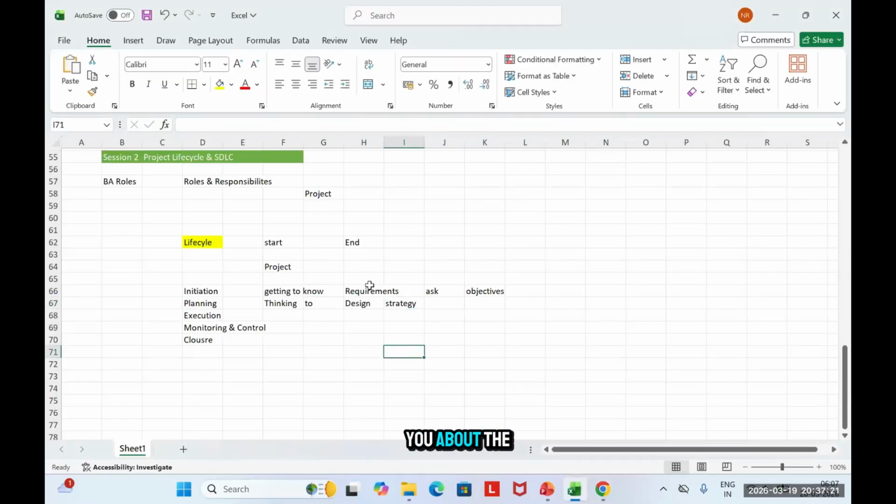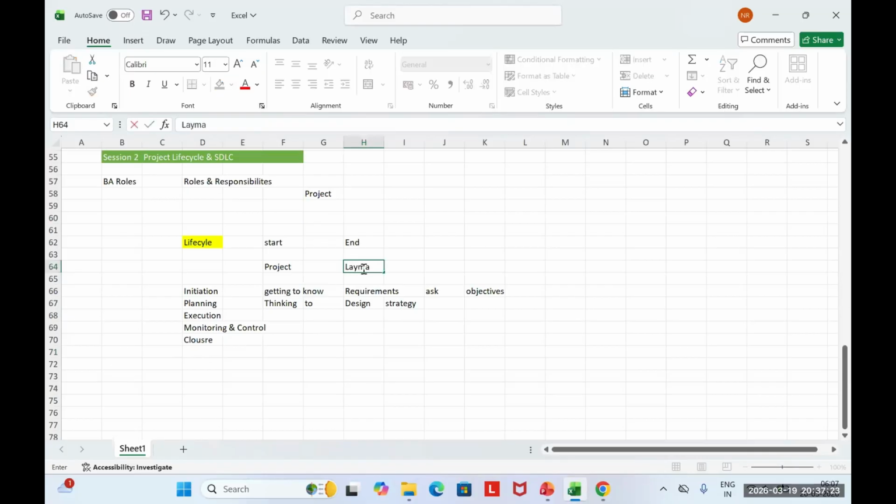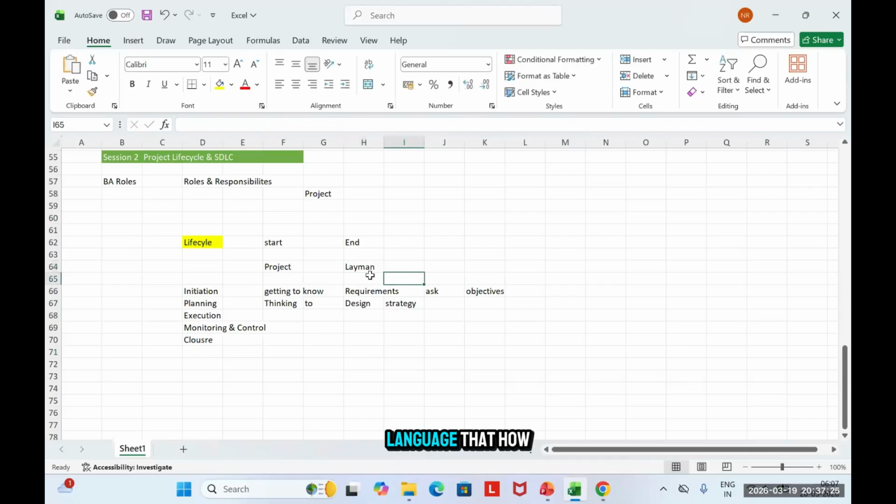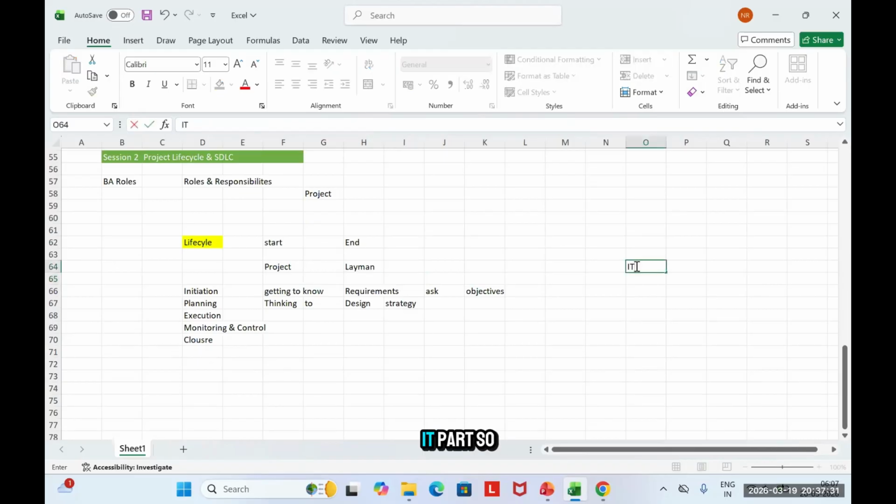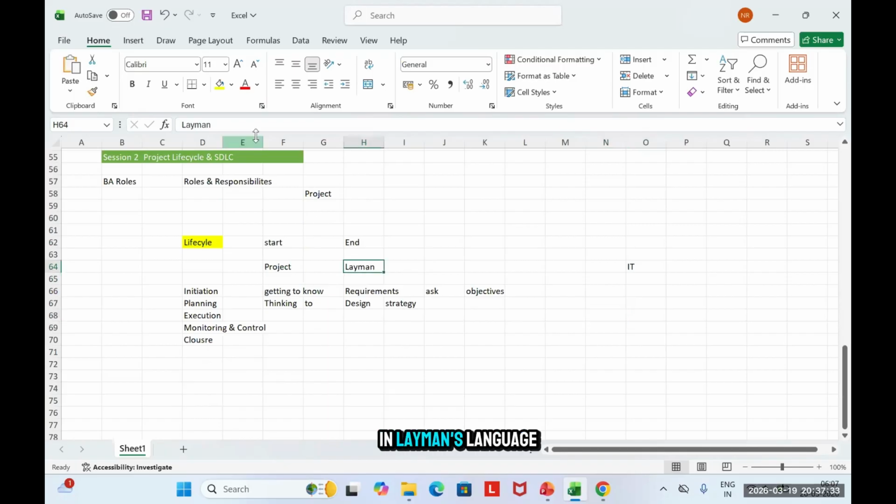First, I'll tell you about it in layman's language, how these phases look. Then we will move to the IT part. So in layman's language,